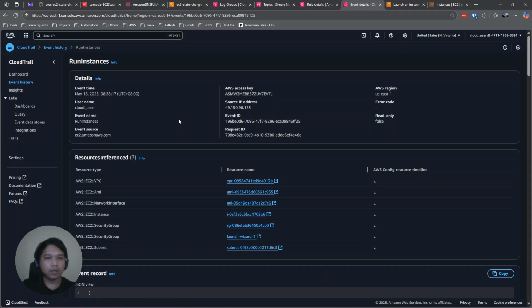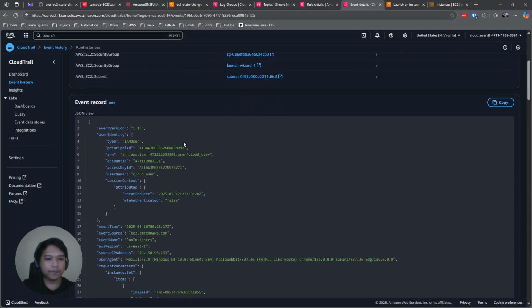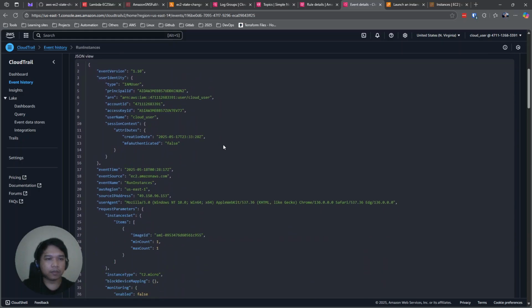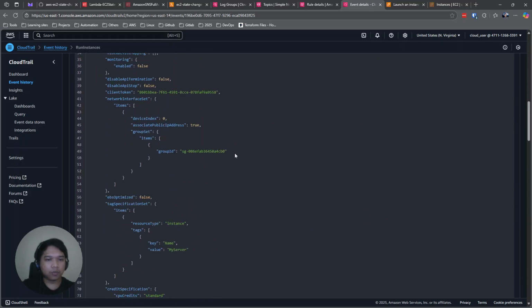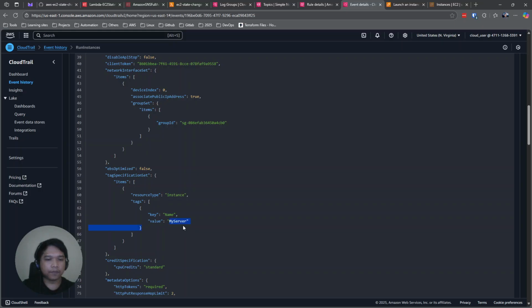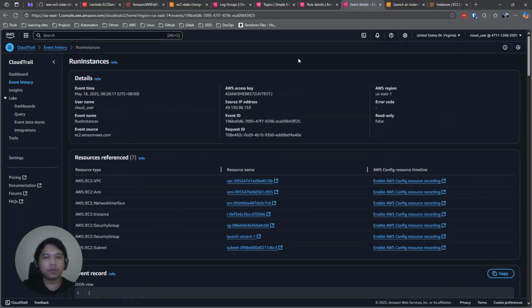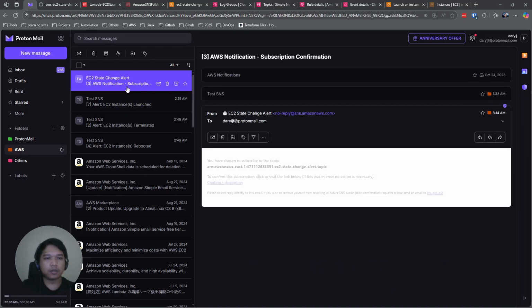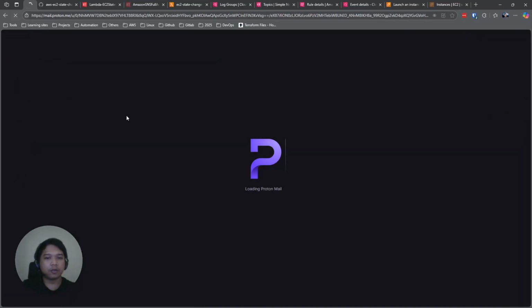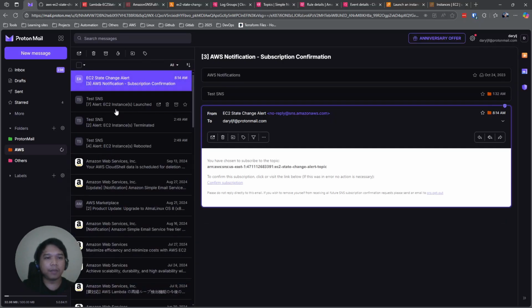If we check this event name and the JSON event record, remember we created the instance with the name tag my server. So this is it, the event name is already recorded. We're expecting that we should receive an email with that, but as per checking here, we're not seeing any email yet.